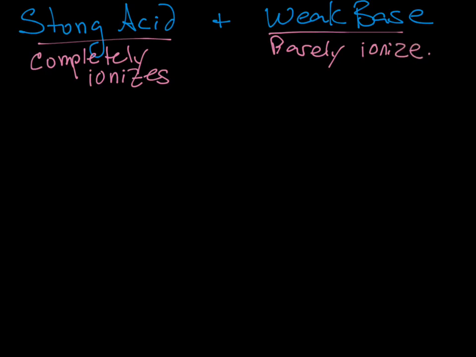Okay, so let's see. Our strong acid, we'll use hydrochloric acid, and our weak base, we will use ammonia. So our strong acid is going to become H plus, or H3O plus,